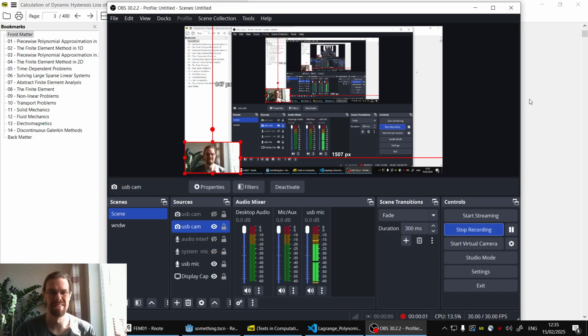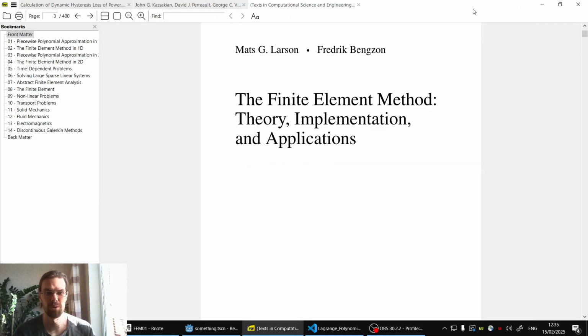What's up, people? So today I want to talk about the finite element method. It's a topic that I've started learning somewhat recently. I have some knowledge, and in general, I think maybe I'm better suited than most people because I have a background in physics and mathematical physics. But this particular topic,